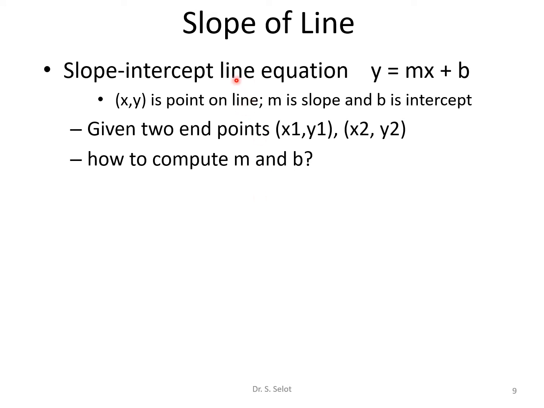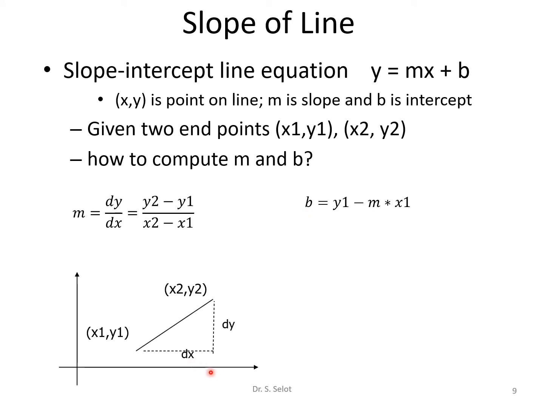For line drawing algorithms, we need an equation, and the basic equation of a line is given by y equals mx plus c, where m is the slope. Slope defines the slantness of a line, the slanting characteristic of a line. If two endpoints x1, y1 and x2, y2 are given, we can calculate the slope with the help of dy by dx, that is the difference in the y value divided by the difference in the x value. It is y2 minus y1 divided by x2 minus x1. Once the slope is calculated, we can find the intercept using this equation.